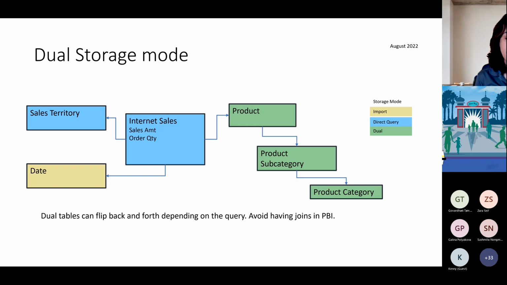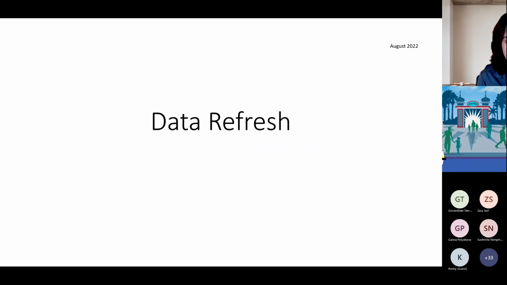What this means is that Power BI knows that it can use 2 copies of the table. One table is in memory. So if you tell it to give me a list of distinct products, it will use the copy that's in memory and it's super fast. But if you tell it to give you the sales for the bike category, it knows that it is allowed to use the copy of the product table in the backend. That join happening in SQL Server is going to be super fast. You want to return the limited data instead of getting all the data and then filtering. So this is dual. So far we looked at import, DirectQuery, and dual, okay?